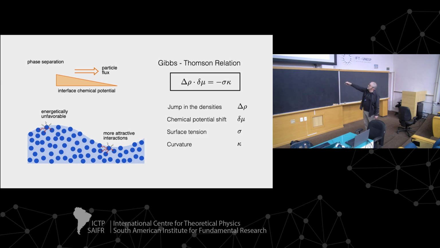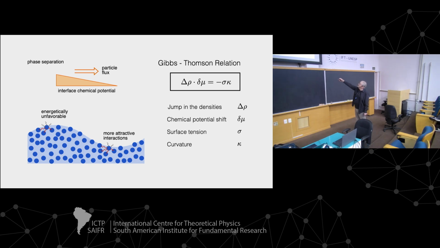Here's a high density in the liquid, there's a low density there, and this delta rho is the difference between the densities. And on top of a jump in the density, there is a chemical potential shift, delta mu, and this chemical potential shift, delta mu, is given by the right-hand side, which contains a surface tension,